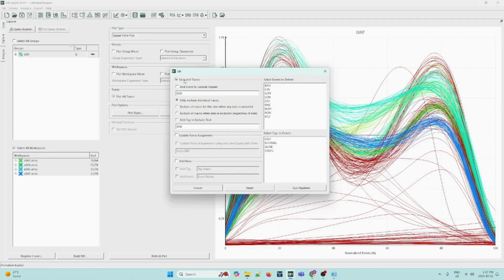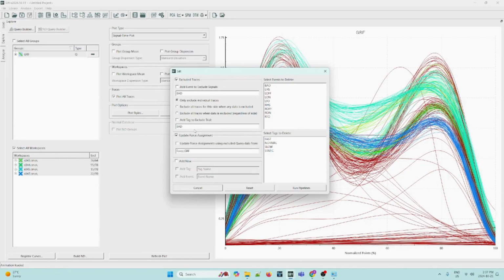Alternatively, the Update Force Assignment option actually removes the force assignment from the original data. This option should be used if the user does not intend to revisit the original data after the modifications have been made. Just a note, this second option changes the underlying data. Reperforming this tutorial with newly saved data will produce different results. We can check off both in this case.